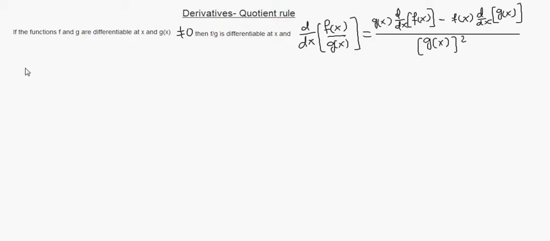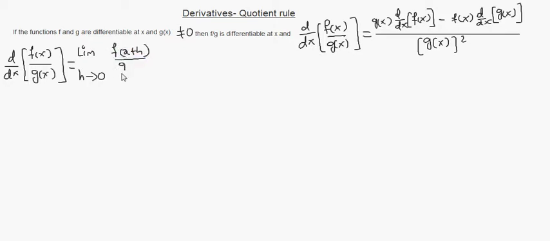Now let us prove this rule. Derivative of the function f of x divided by the function g of x is equal to limit as h approaches 0 f of x plus h divided by g of x plus h minus f of x divided by g of x, all this divided by h,